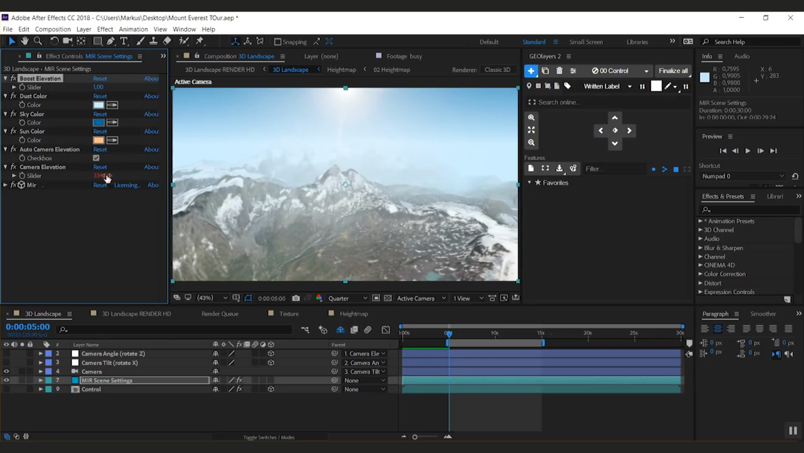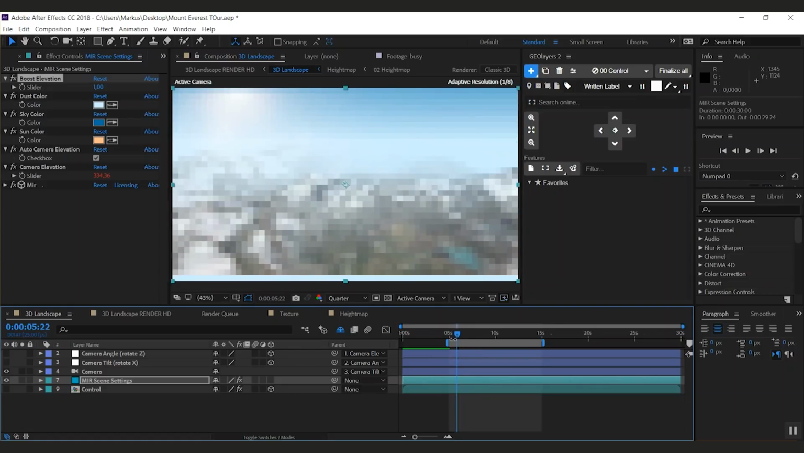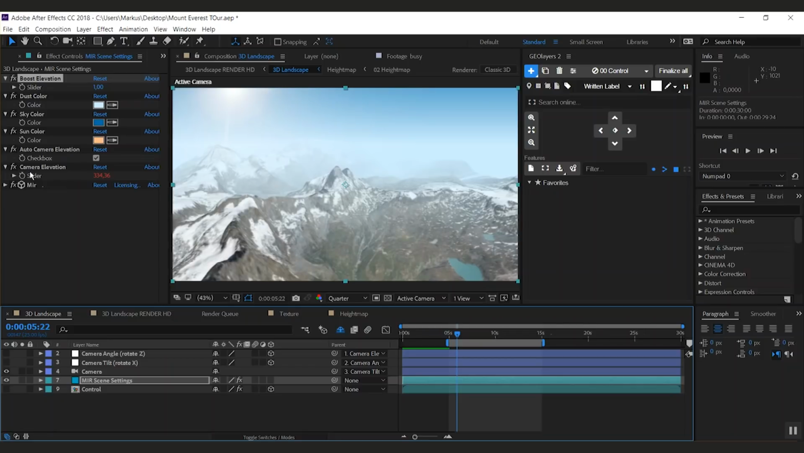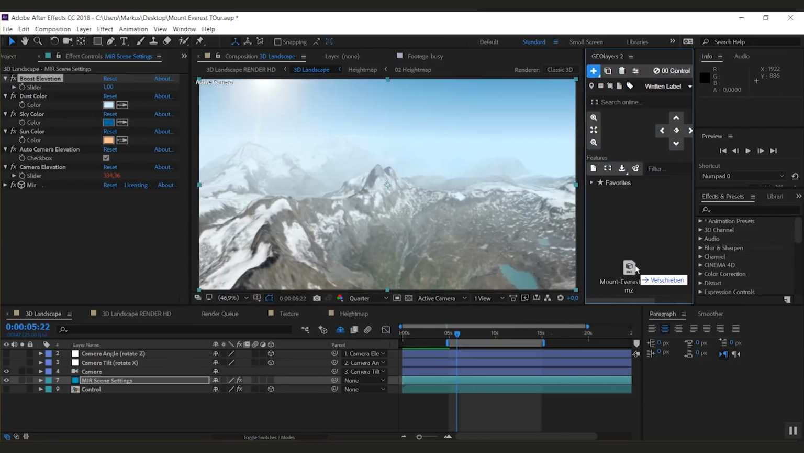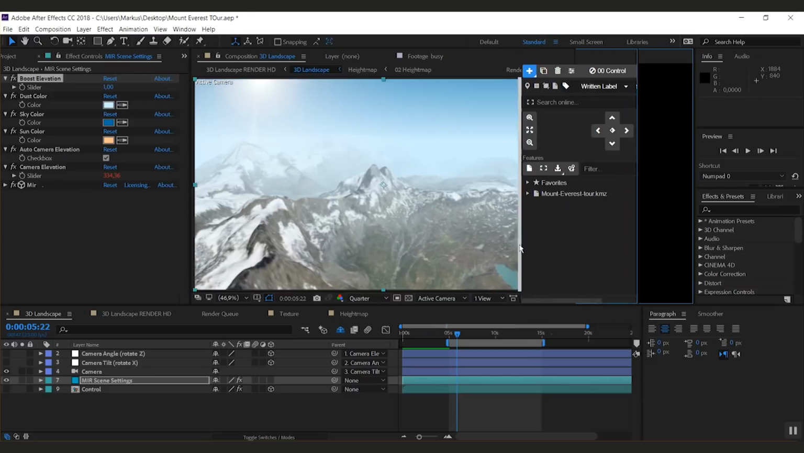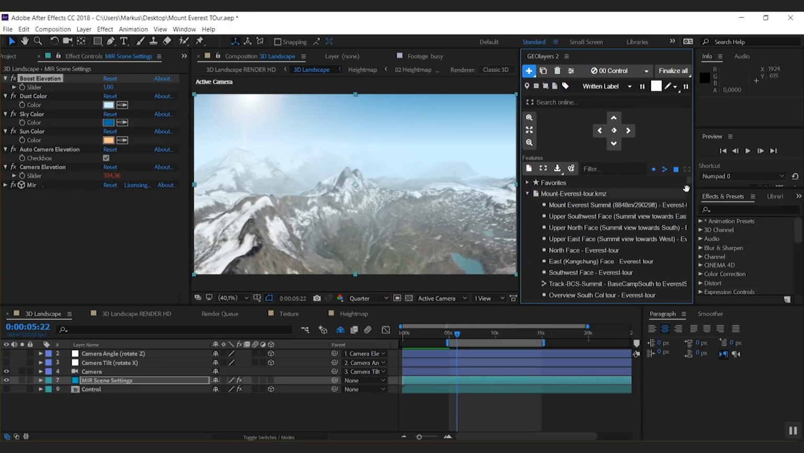We can adjust the dust color, the sky color, the sun color, because we have this little sun and lens flare here, and we have this auto camera elevation and an elevation slider. I'm going to talk about this a little later. So the first thing we want to do is import our GPS track. So I have a KMZ file here, and I will simply drag it onto the browser here, and GEOlayers imports